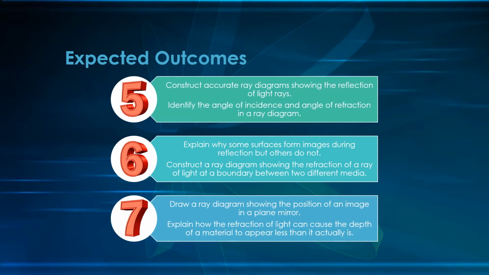So in terms of grades, the grade 5 would be the ability to construct accurate ray diagrams which show the reflection of light rays, and also to identify the angle of incidence and the angle of reflection in a ray diagram. For a grade 6, you need to explain why some surfaces form images during reflection but others do not, and be able to construct a ray diagram which shows the refraction of a ray of light at a boundary